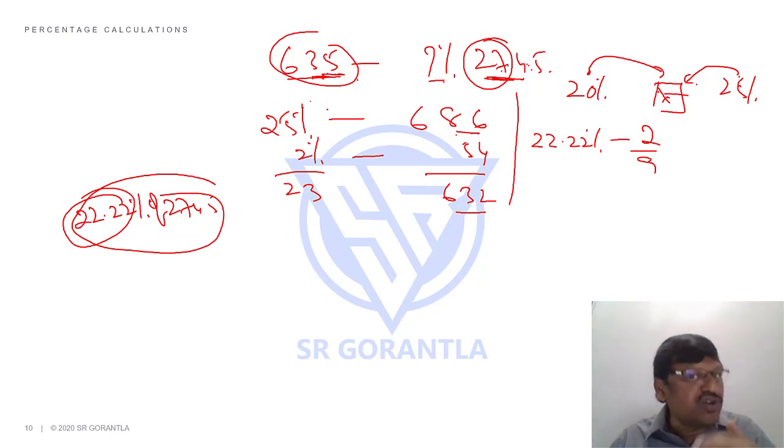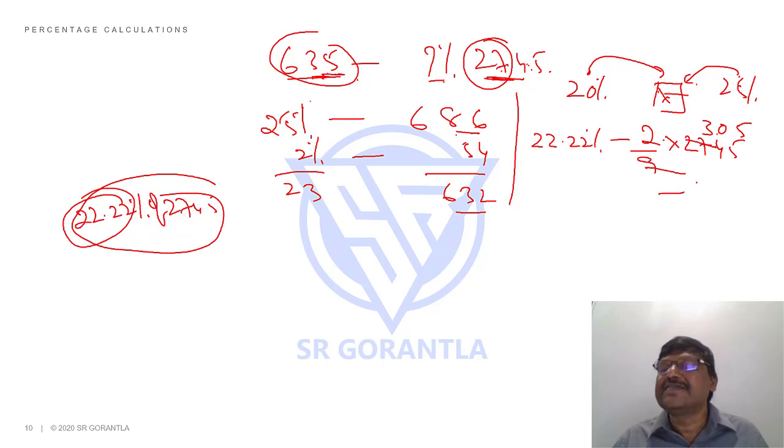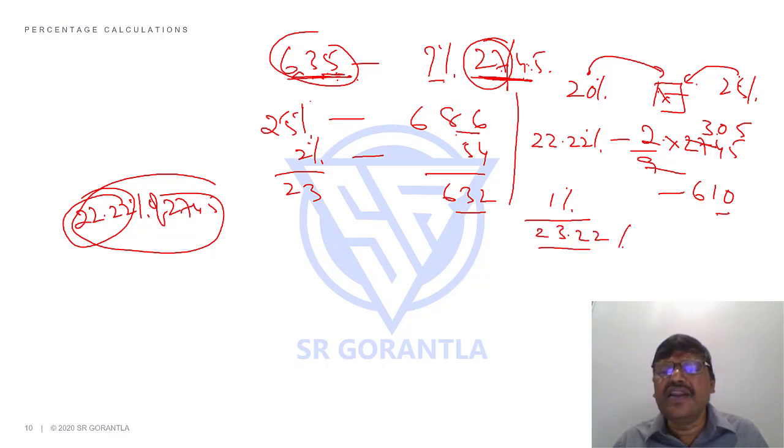I'm trying to check. You have to estimate like this, students. 2 by 9 of 2745. 9 threes, 0, 9 fives, 610. Students, I need 635. But I got 610, which means I need to add 25. 1% is how much, students? 27. But I need 25, which means I have to add a little less than 1%. So my answer will be close to 23.22, or a little less than 23.22, meaning close to 23.2, approximately in that range.